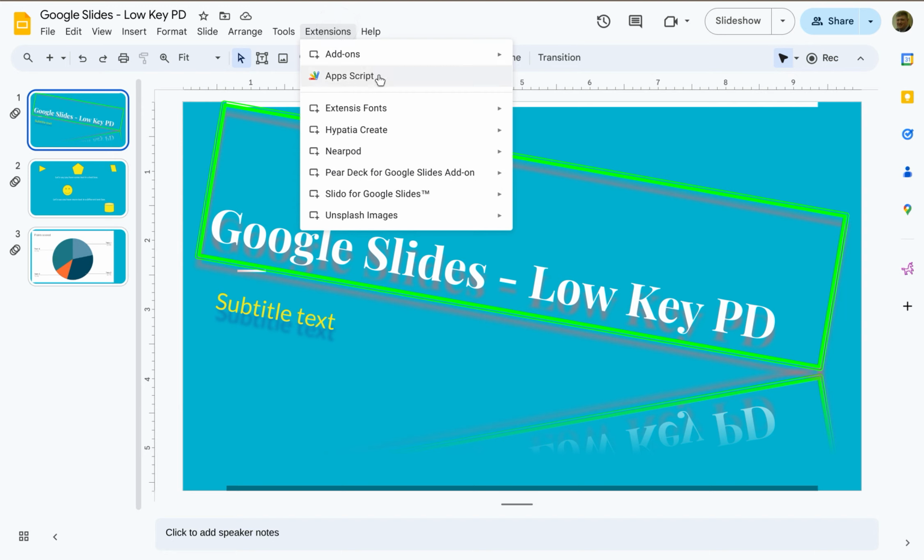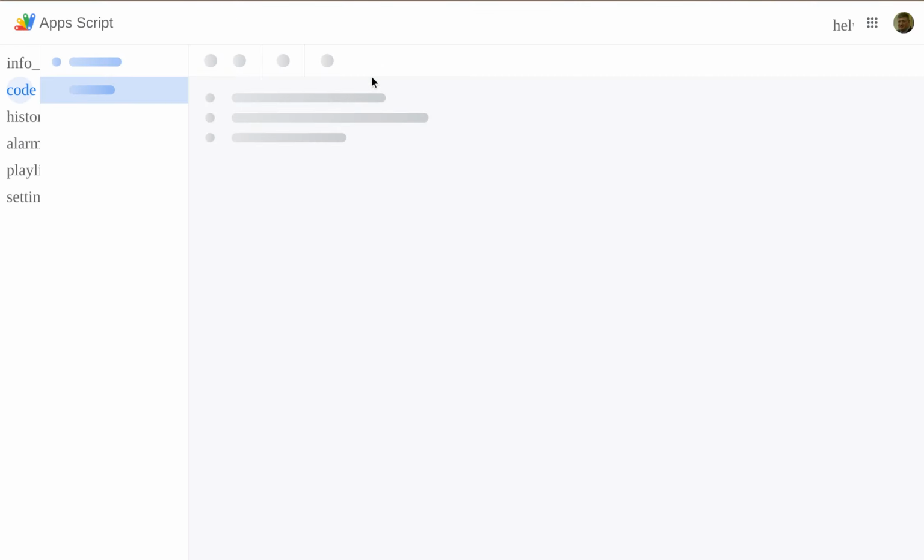Apps Script is a computer programming language that connects a bunch of different Google Docs, slides, sheets, forms, and so on. And what it allows you to do is write computer programs that give certain docs access to other docs, and you can update them and change them and do whatever programmatically instead of doing it by hand. So if you click on Apps Script, a new window will open up, and basically this is just